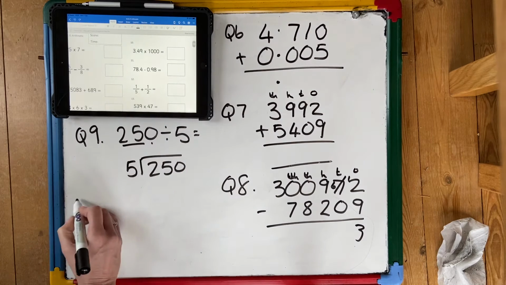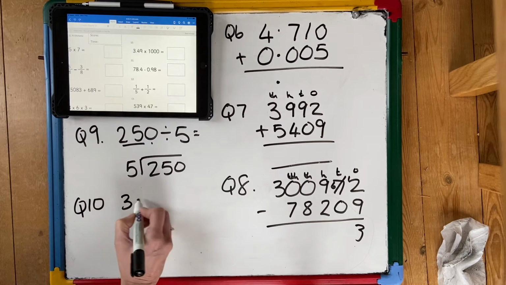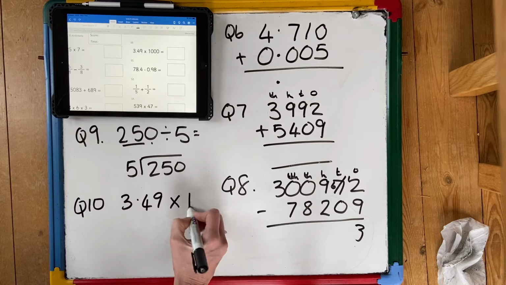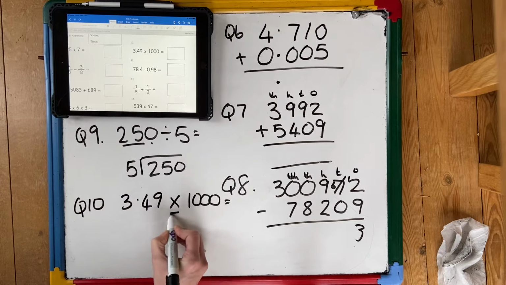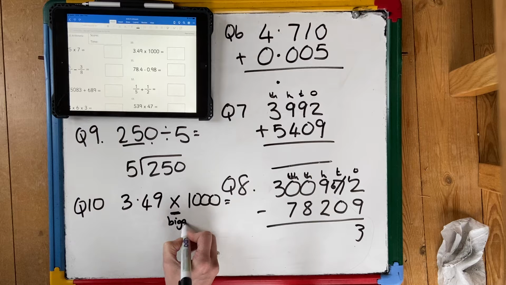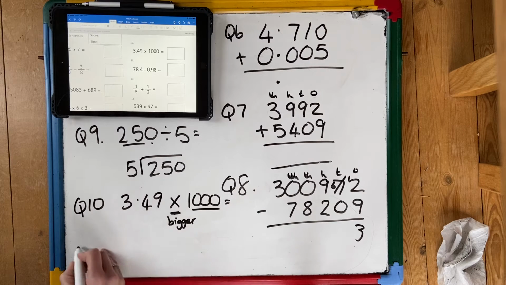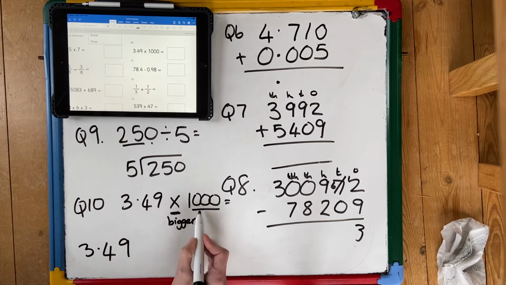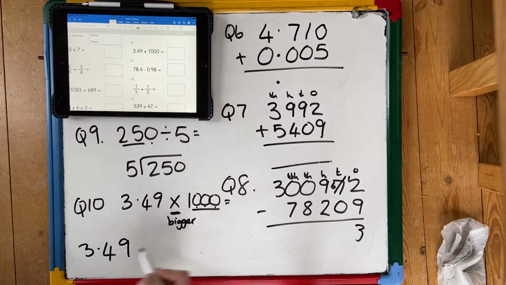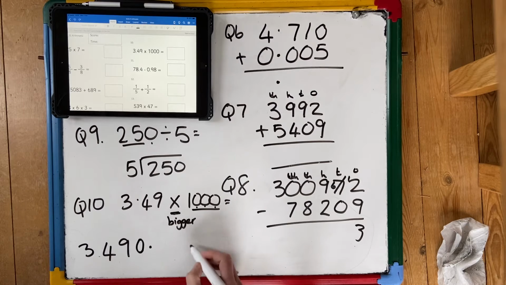Question 10. 3.49 multiplied by 1,000. Because you're multiplying, the number is going to get 1,000 times bigger. So 3.49, if you are making the number 1,000 times bigger, you have to move the decimal point 3 times. 1, 2, 3. So if the decimal point comes there, then a placeholder will be there. Or you could draw your place value grid,